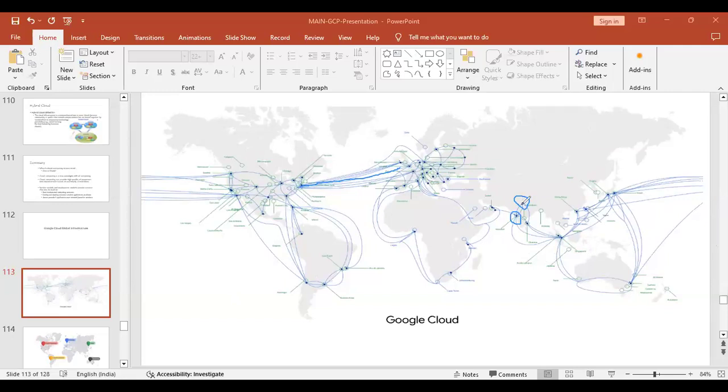All of these dots here are points of presence. I will tell what is a point of presence, what is a zone, what is a region, everything. Okay, we will cover them. So now